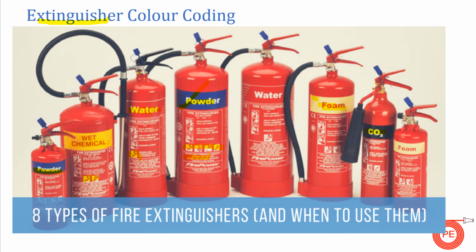This is a CO2 type. In CO2 type, there is a black marking on the fire extinguisher and CO2 is written very clearly on it, and the types of fire which it can extinguish are also mentioned on the fire extinguisher. So when there is a fire in any area, if you know which type of fire it is and what is the cause behind this fire, you can use the fire extinguisher according to the type of fire. Or suppose there is no marking on it showing which type of fire it can extinguish, you can also see the color marking, and with the help of color marking you can easily distinguish whether it can be used to extinguish that fire or not.